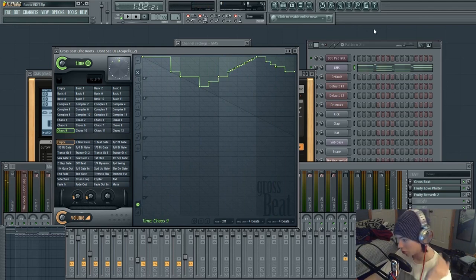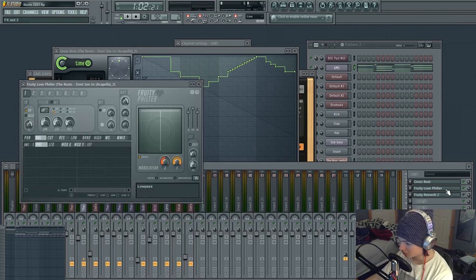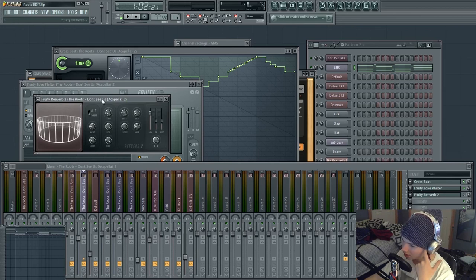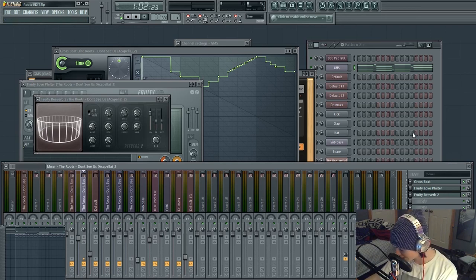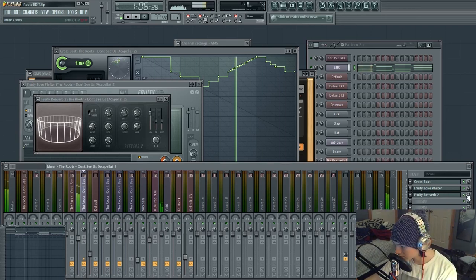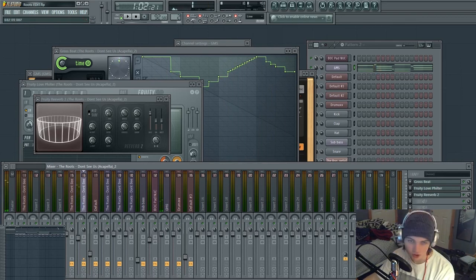And I wanted this more radio feel to it, so I did a Fruity Love filter with a low pass where X was half and the Y value was all the way high. And then I did a reverb to just go along with it. But I actually turned off the reverb later on. This is what it would sound like if it did have a reverb on there. Much cleaner signal